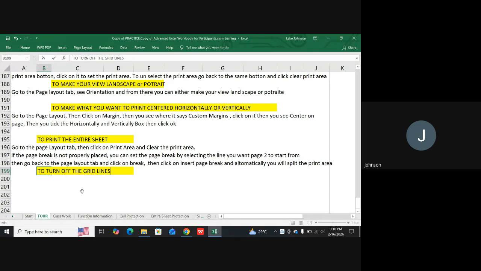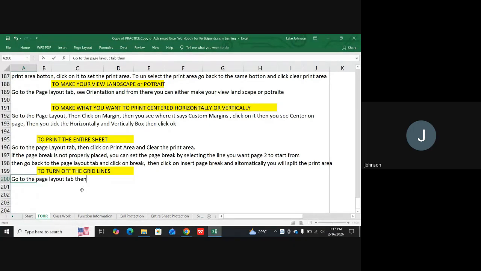Go to, still under that here. So let's come down. Go to the page layout tab, then